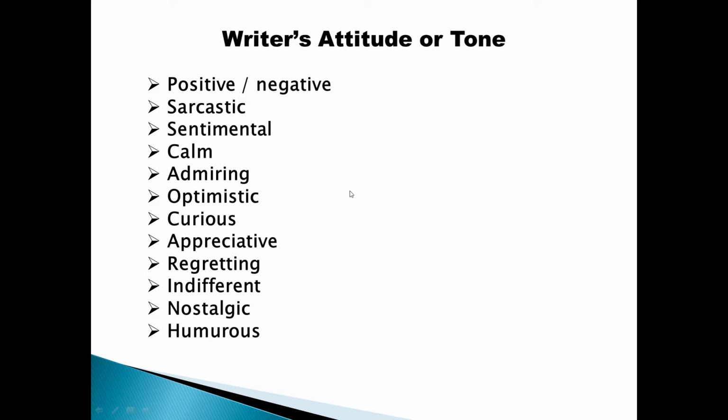So these are some attitudes, not all. There are hundreds of attitudes a writer can have. So to begin with, you have to focus on these things. Or sometimes you can also just say, is the writer depressed, or is he cheerful? Is he angry about something? Is he sympathetic about something? Is he excited about something, cynical about something? So there are different tones that a writer can have.